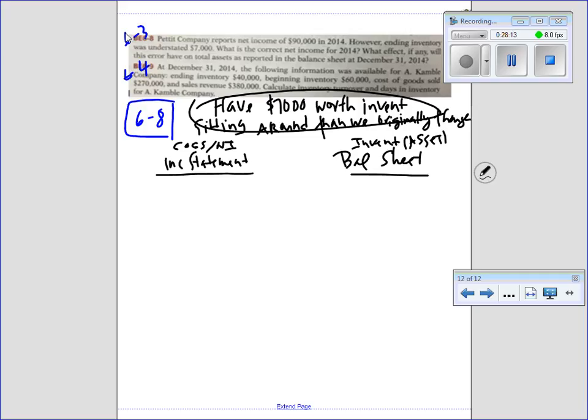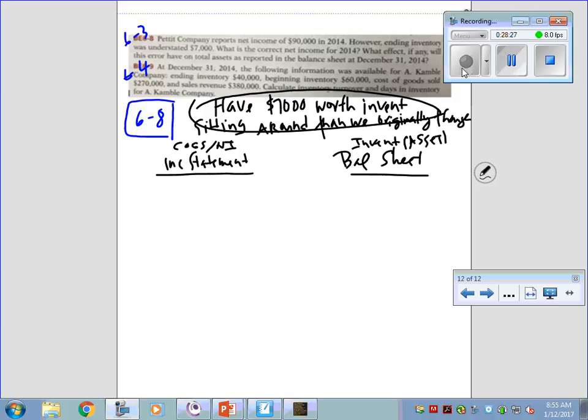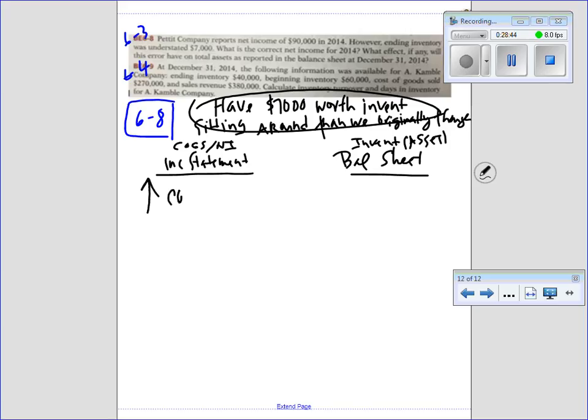So it was understated. We actually have $7,000 worth of inventory sitting around on a pallet, in a back room, on the shelves, in transit than what we thought. So we have an understating issue, correct? Because if we reported 90,000, but it was understated by 7, what's going to happen? It's going to look like COGS is higher than it should be, and it's also going to look like we have less of a net income. So to correct it,